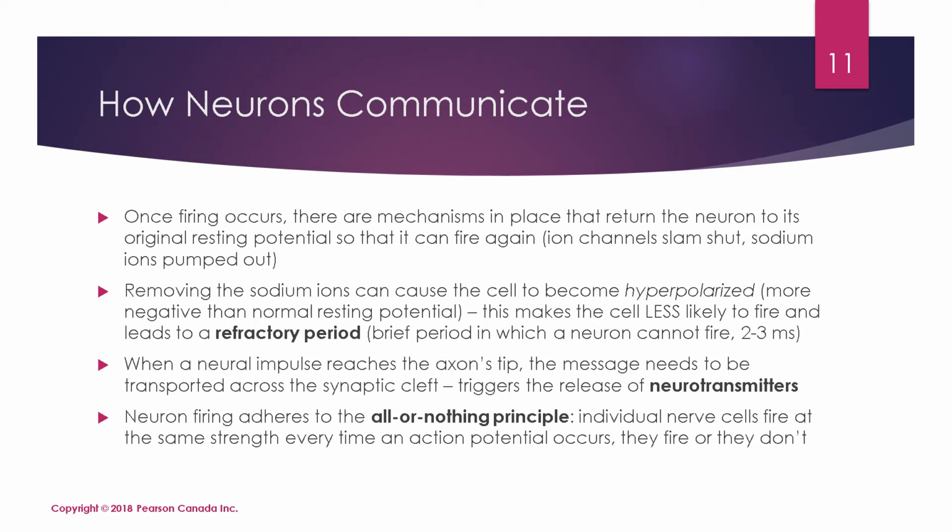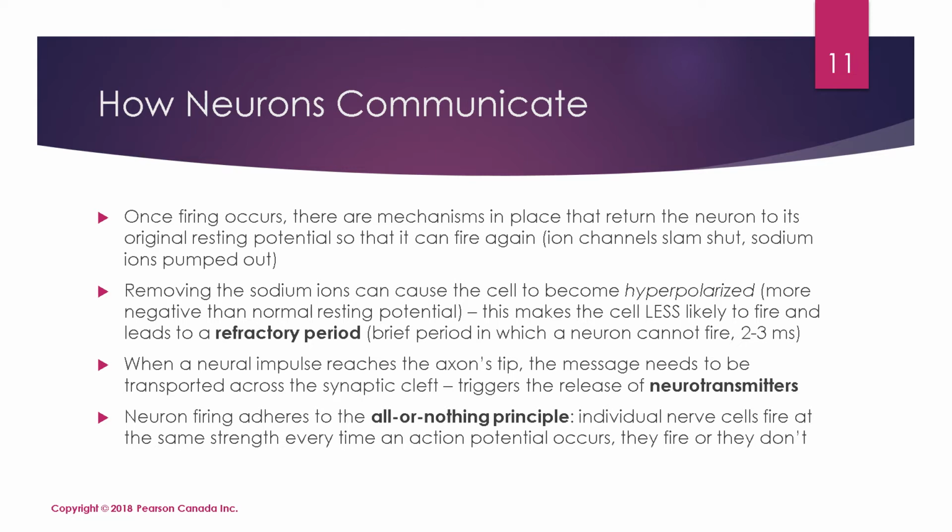Once the firing has occurred, there are mechanisms in place that return the neuron to its original resting potential so that it can fire again. The ion channel slams shut, and the sodium ions are actively pumped out, because of course they're not going to want to leave on their own since they've now started to restore that charge. If you kick too many of them out, actively pumping them out, it can cause the cell to become hyperpolarized, which means that it is more negative than it would normally be for resting potential. This makes a cell less likely to fire